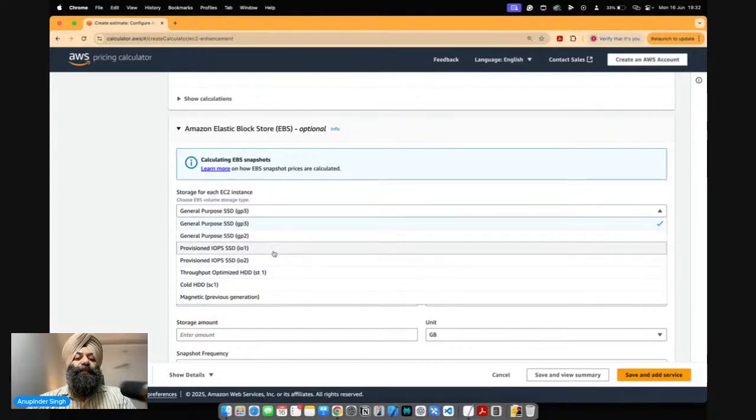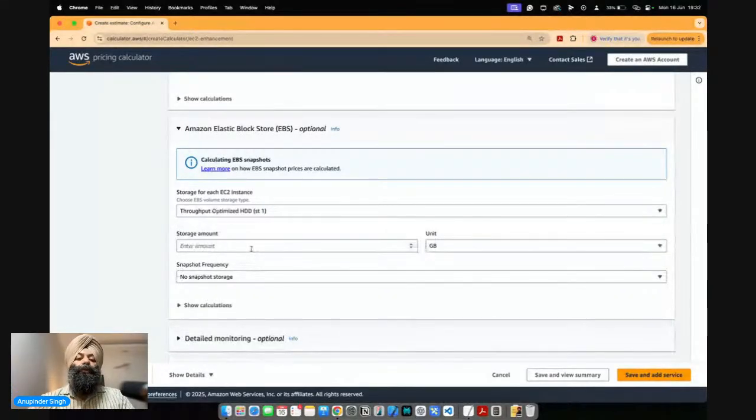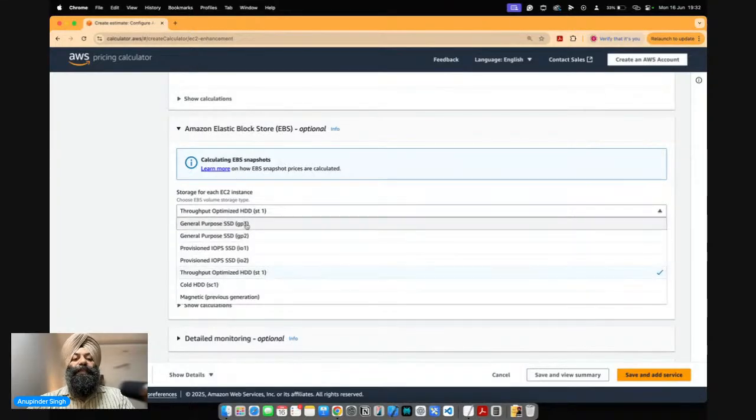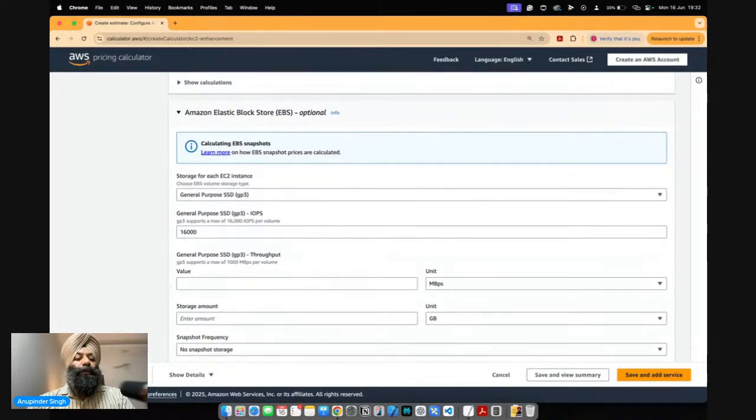If it is SSD, then it has a certain speed associated with it, which is called IOPS. Whereas there is another thing, HDD, which is spindle motor based, and you can define it on the basis of its cost. So SSD will always be costlier than the HDD, right? Let's say my volume is 16,000 operations per second. In that particular case, you will see that your total estimation for the month will be $65, right?